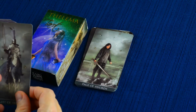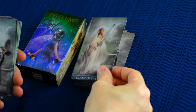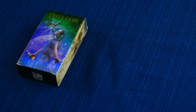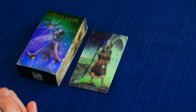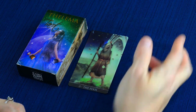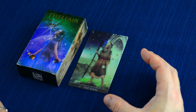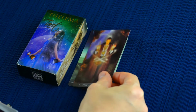There's the Page of Swords, the Knight of Swords, the Queen of Swords, and then there's the King of Swords. Okay, so then we go on to the Major Arcana, and we have the Fool card. A lot of these cards have the depiction of the church arch in them, which is kind of cool. And once again, the colors in it, it's interesting, the different color choices. Like this one's so full of the greens, but they're not the earthly greens, they're more ethereal, which is kind of cool. We have the Magician